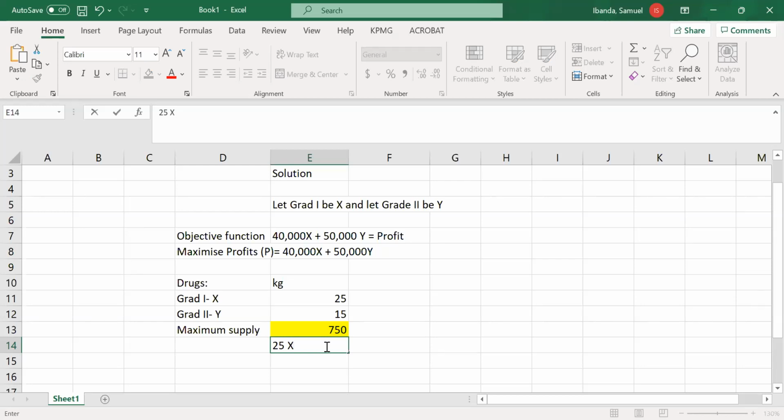Okay, so 25 is the number of kgs that are required for each patient. So 25 times the number of grade 1. Maybe I could just add something here. Let the number of clients for grade 1 be X. So when you multiply 25 times the number of patients X, it gives you the total number of drugs that we need for patients of grade 1, plus